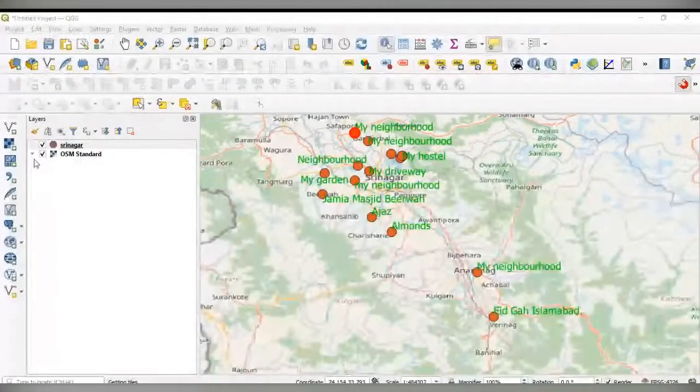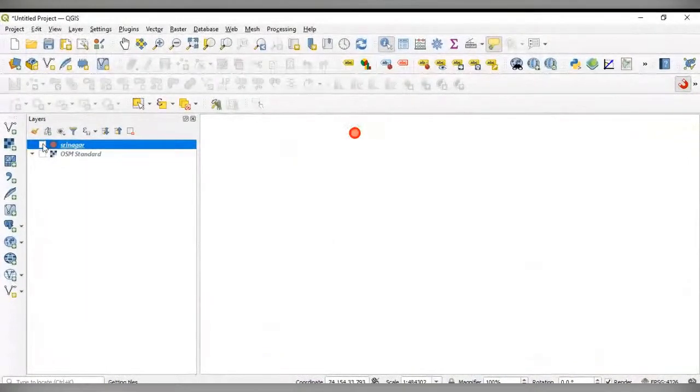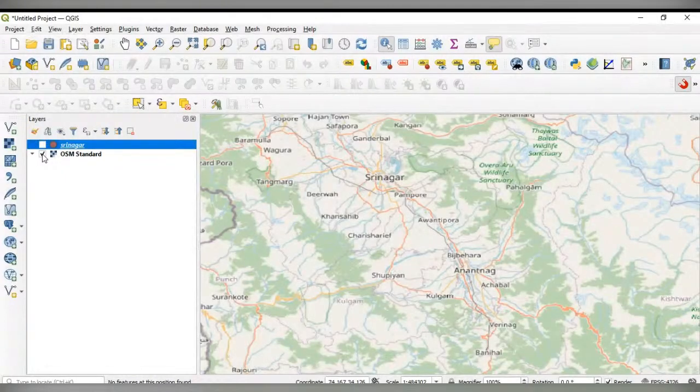So the next part is how to digitize features. Now I'll open only the OpenStreetMaps in the backdrop, and we'll try to digitize point features, line features, and polygon features.